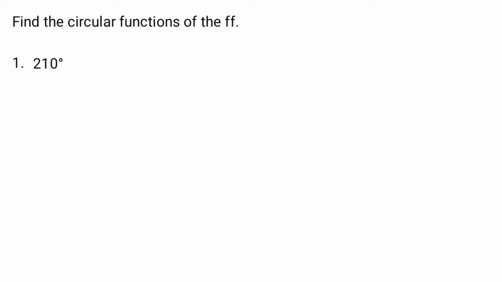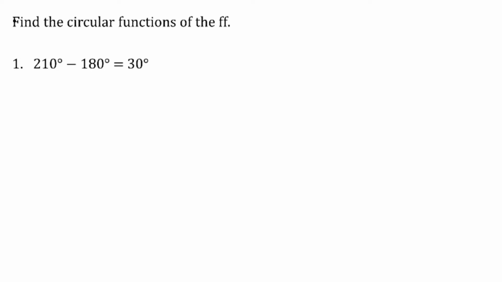Circular functions. Find the circular functions of the following. Number 1, 210 degrees. To find the circular functions of 210 degrees, first we have to minus it by 180 degrees. So we have 30 degrees. Sine 30 degrees is equal to 1 half in the unit circle, and cosine of 30 degrees is square root